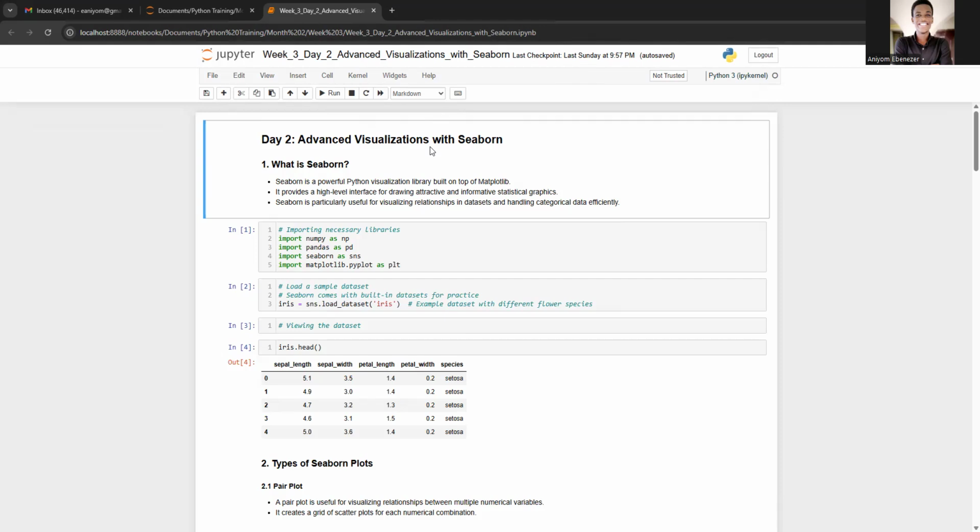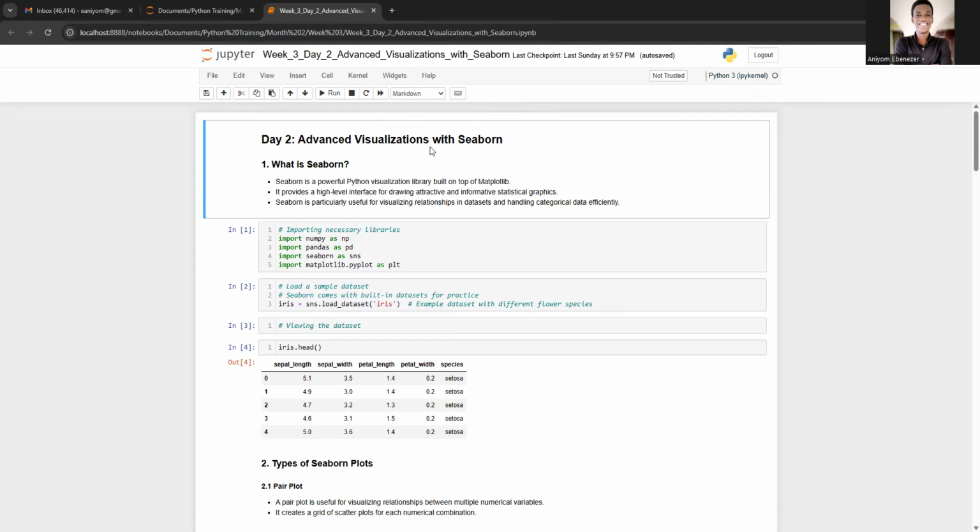So I was able to show us the basic plots that can be done with Matplotlib. So today we're going to take a step further to look at advanced visualization with Seaborn. So this thing known as Seaborn